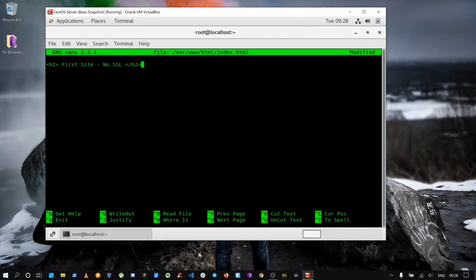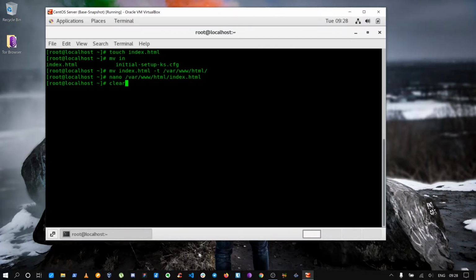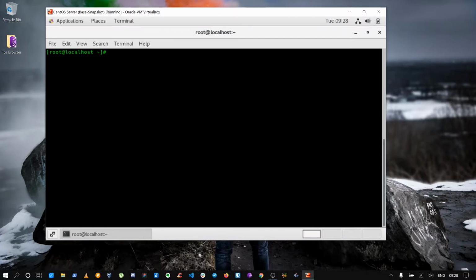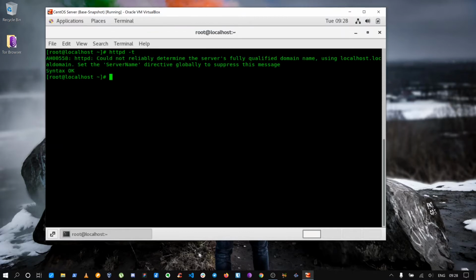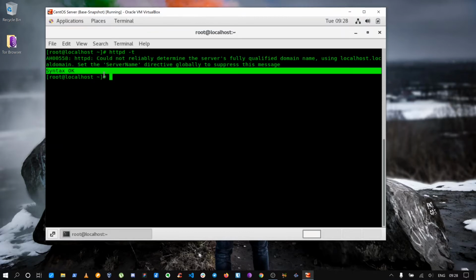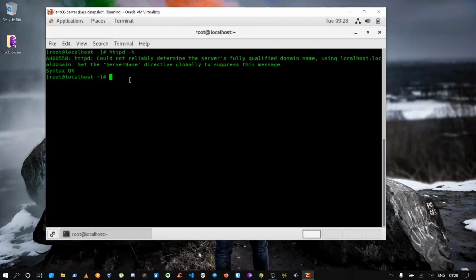If you want to see if there is any syntax or anything that's wrong, all you have to do is type this command, httpd -t, for troubleshooting. So if it says syntax okay, then you are good to go. Let me show you. Firefox, 192.168.2.2. It should certainly show you.